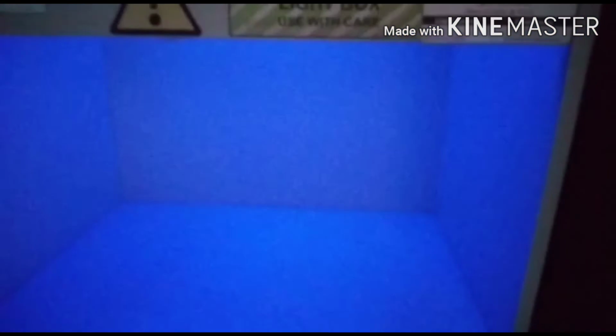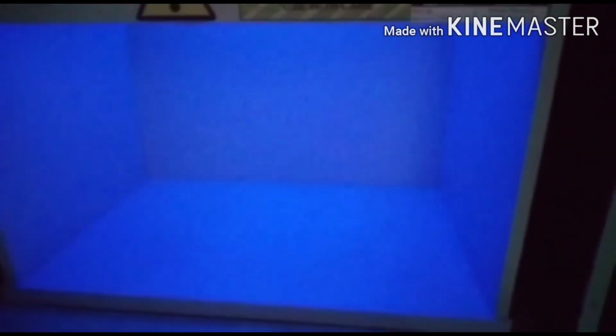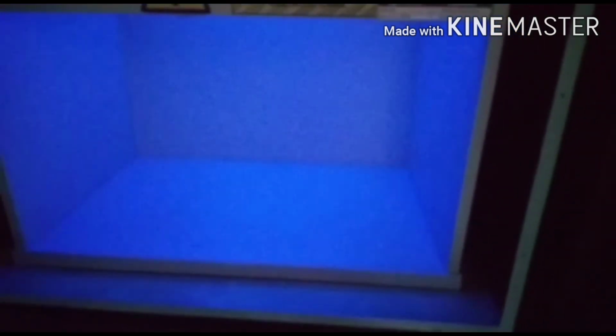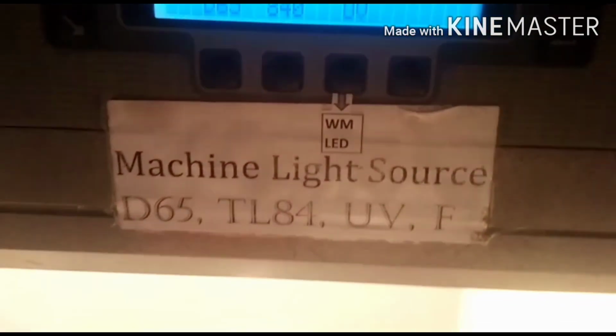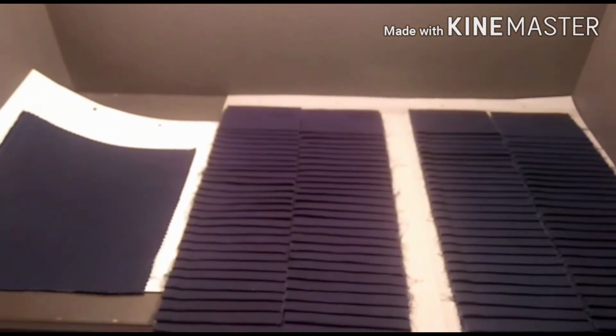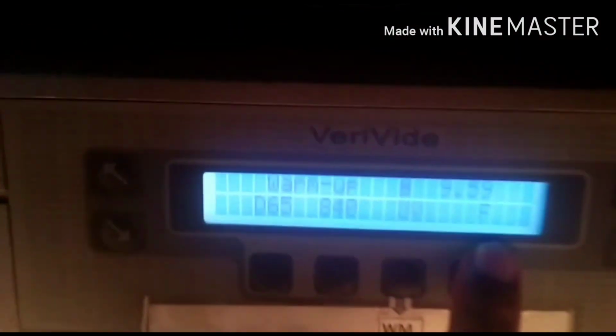And this one, UV, means ultraviolet. I told you earlier, this one is for white and solid color optical brightness. Under this shade, if you get a tone, you have to check it. Okay, now the last one is F. F means it's tungsten light, to identify the amount of yellow and red tone that needs to be used.